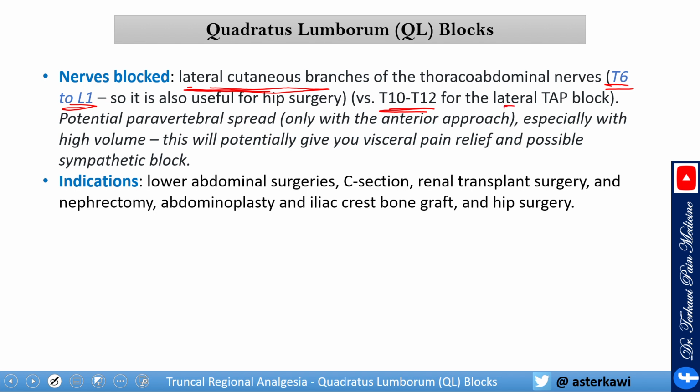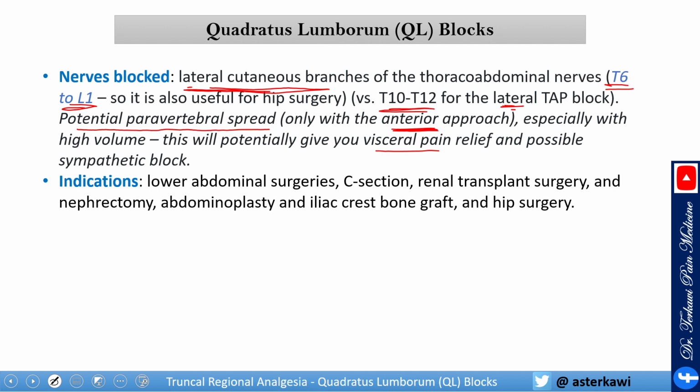and here we're talking about the classic TAP block, the lateral, not the subcostal TAP block. So it gives you a wider spread than the TAP block. This is why it's superior for some types of surgeries. Specifically, we're talking about if the incision extends above the umbilicus. The other important point here is the potential spread to the paravertebral space. We are talking here specifically about the anterior approach, and if you are using a high volume, as I mentioned, that gives you a benefit of potential visceral pain relief and possible sympathectomy if you